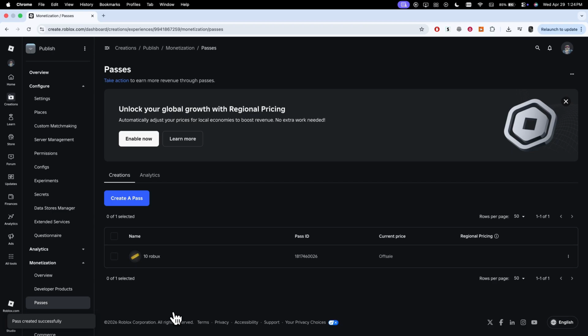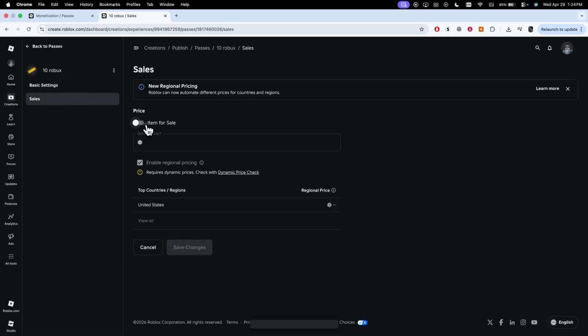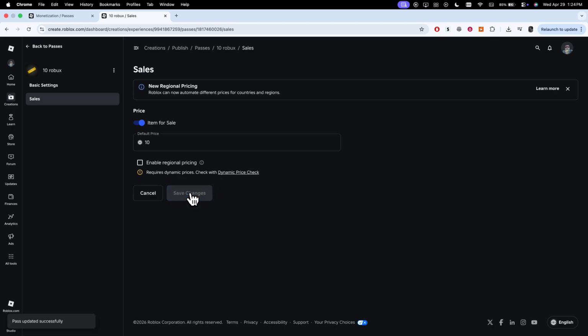After creating it, open the pass settings by clicking the three dots icon and selecting Edit. Then, go to Sales, enable Item for Sale, and set your desired Robux price. Before saving, make sure to disable regional pricing so the amount stays consistent for all users. Then, save your changes. Now, you can go back to your games page, open the Store tab, copy the link,